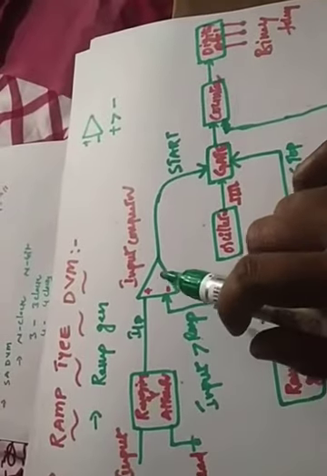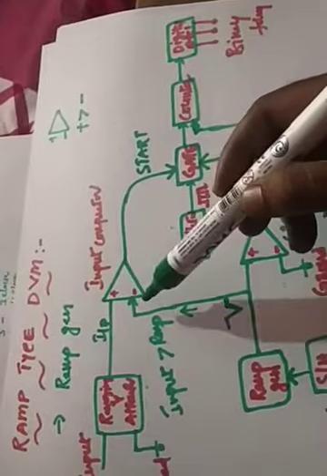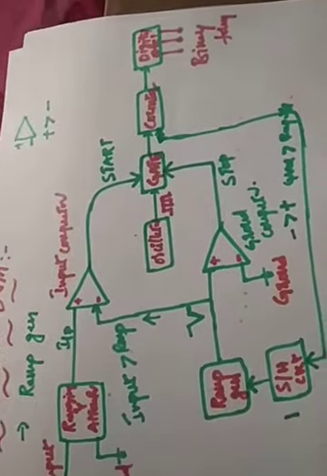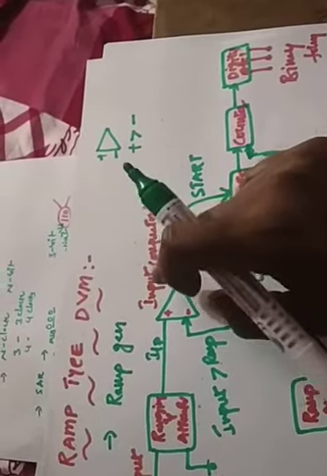That input is given to the input comparator, which has two inputs. The positive input is our input which is to be converted from analog to digital form, and the negative input is connected to the ramp generator. How will the comparator work? Whenever the positive signal is greater than the negative signal, this input comparator will work. Otherwise it is a reset condition. If it is okay, it will be a set signal. If it is not okay, it will be a 0 signal. That's it.